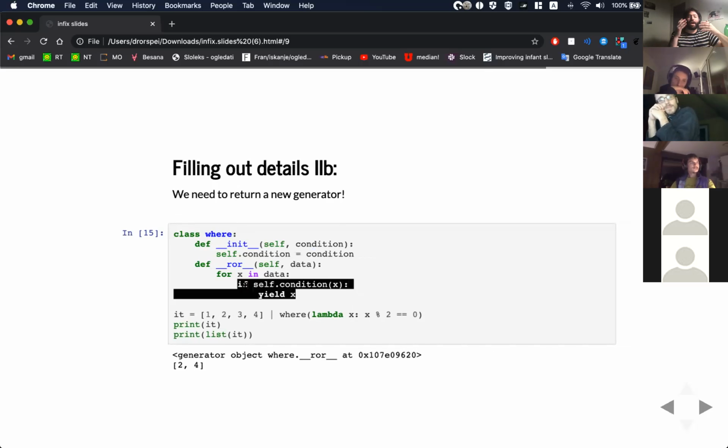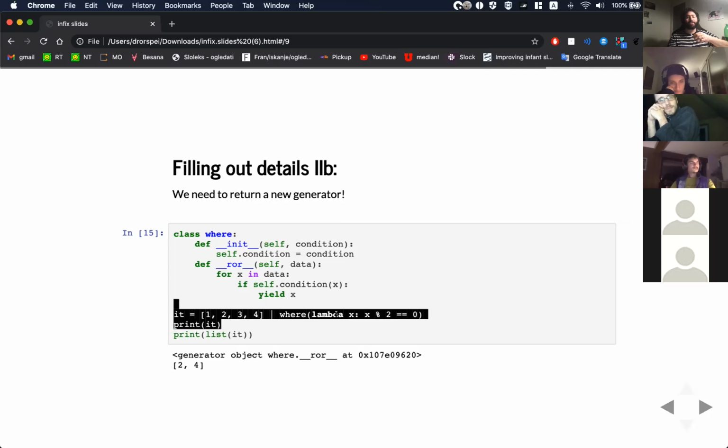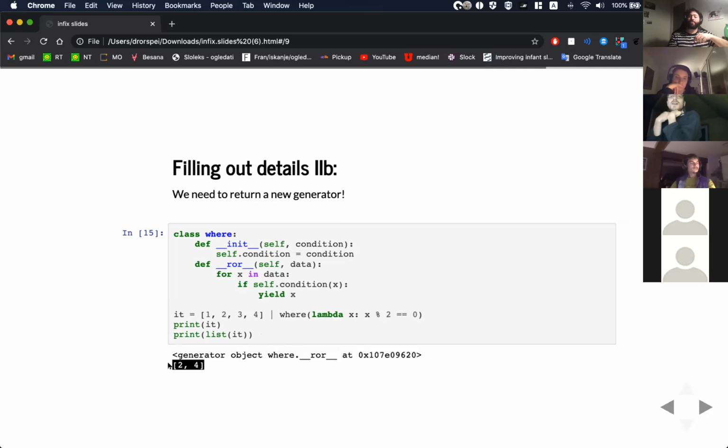And this is exactly our where of some condition. Here's an example, 1, 2, 3, 4 into where even numbers. If we print the object itself, we see it's a generator. And if we actually apply list to it, then we get just 2 and 4.